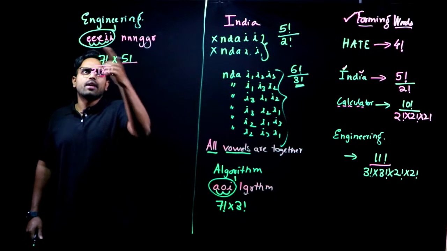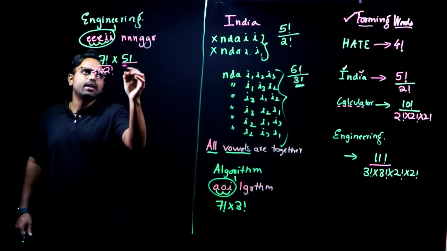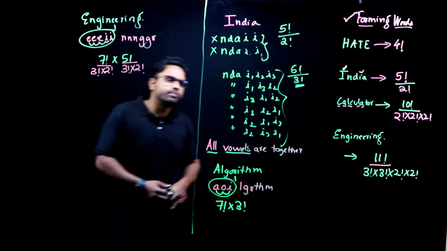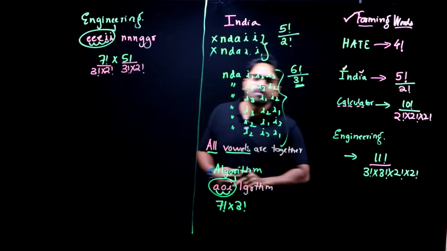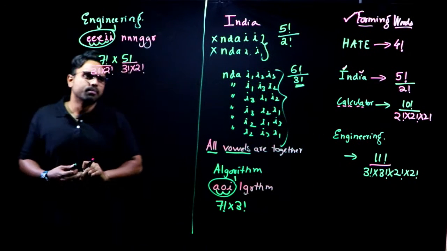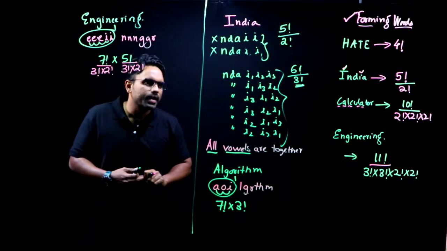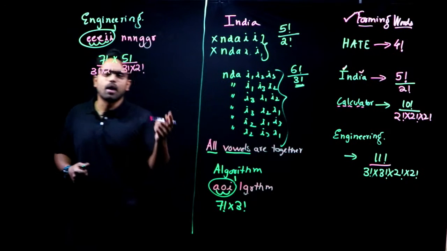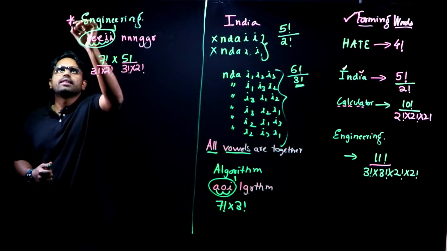5 factorial I have here. Now I have 3 e's repeating here, so I have to divide it with 3 factorial, and I is repeating 2 times, so 2 factorial. Yes? Everyone able to follow? Yes or no? Now, if I have a word something like this,